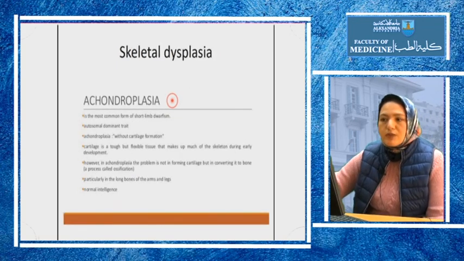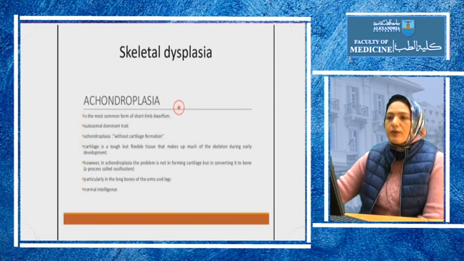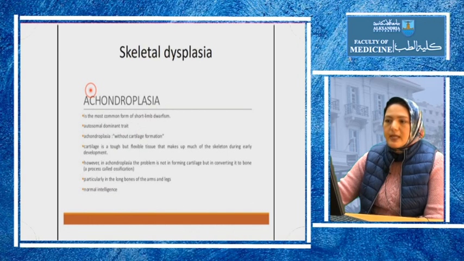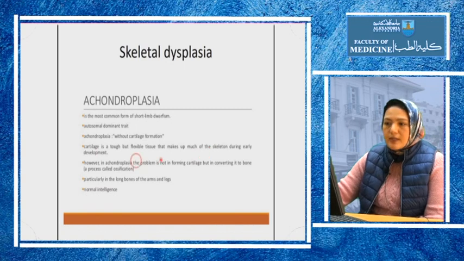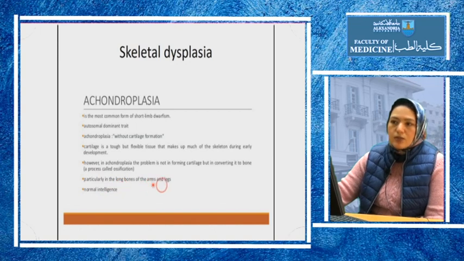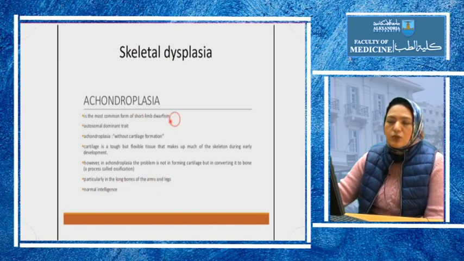The other genetic syndrome that is associated with short stature is skeletal dysplasia, or what is called achondroplasia. Achondroplasia is a genetic syndrome, autosomal dominant. It's characterized by loss of ossification of the cartilaginous joints present in the upper and lower limbs. So the patient will have a normal trunk, however, the affection is particularly in the long bones of the arms and legs. So he will present with short limb dwarfism, or what is called disproportionate short stature, normal trunk and short limbs,